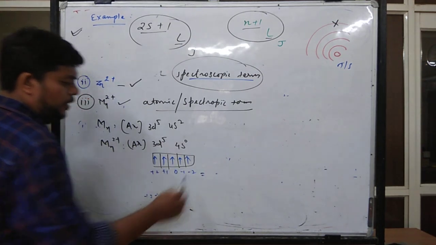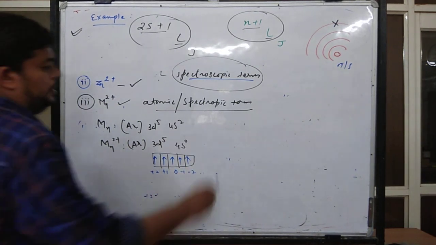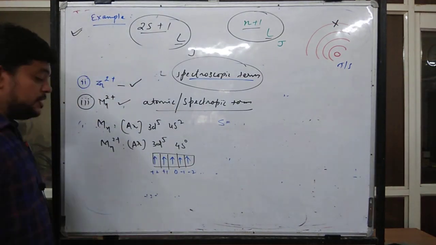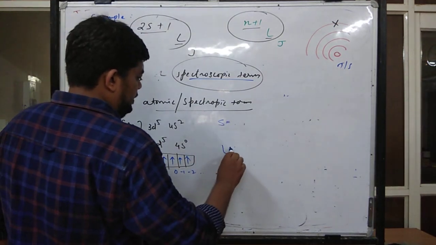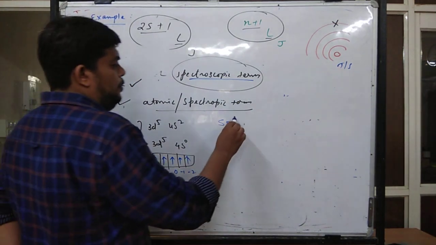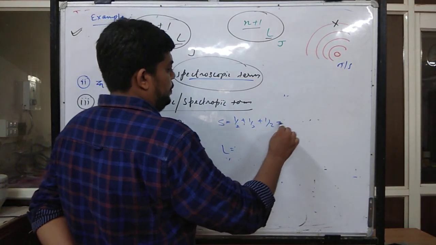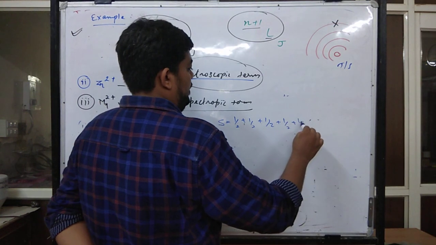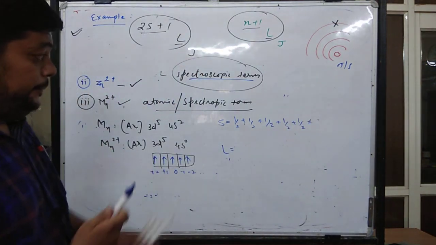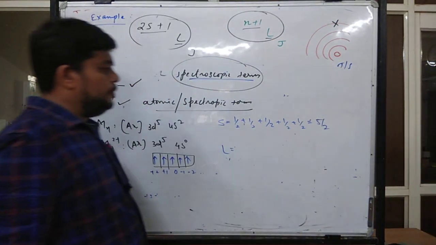Just now we have discussed that this will be the corresponding values of the orbital, and now is the time to calculate S, the total spin, and then the L. While going for the total spin, it will be 5 times 1/2. So just now I told you it is going to become interesting when we cross d5. So see what happens over here. Over here it will be 5/2.